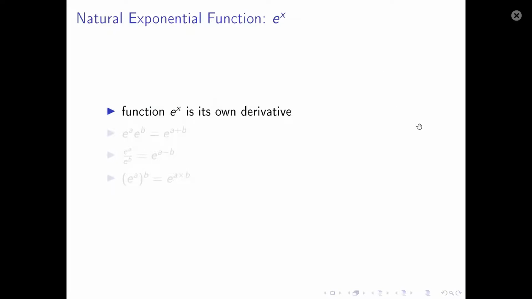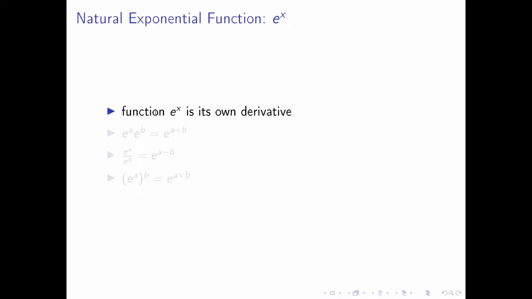right? And let me quickly talk about some basic operations of the natural exponential function. This function uses e as its base and power x. First, a very interesting fact, just need to know, is that the function e raised to the power of x is its own derivative,